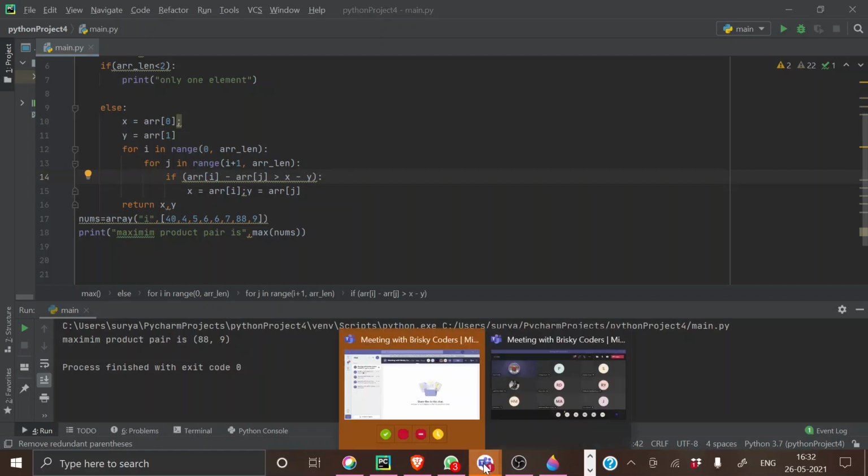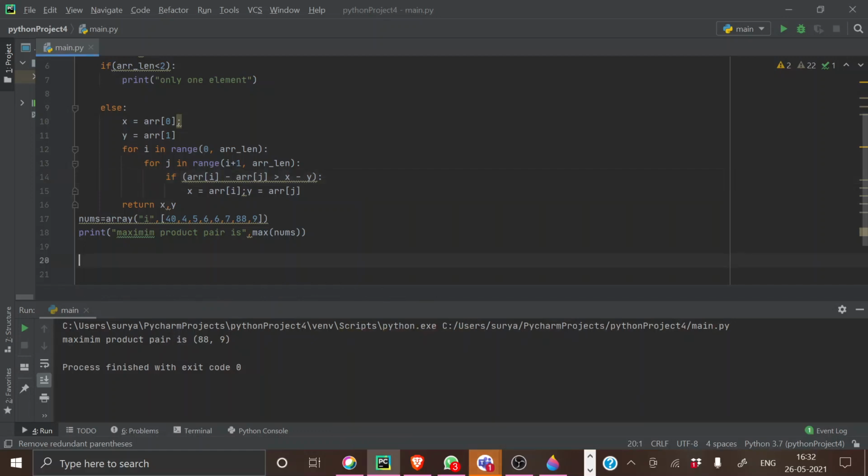So I mean, is that how multiplication works? This is how this will come. Yeah, if you look at this, this will be having the highest difference in subtraction, right?